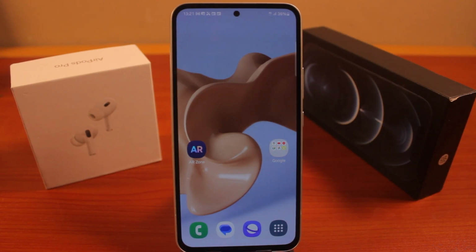In this video, I'm going to show you how to enable Gallery Lab on Samsung. So if you have a Samsung phone, whether a Samsung A series, the S20 series, or S series Samsung devices, you'll be able to enable the Gallery Lab on your Samsung phone to add more features to your